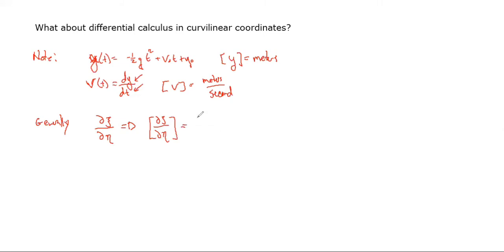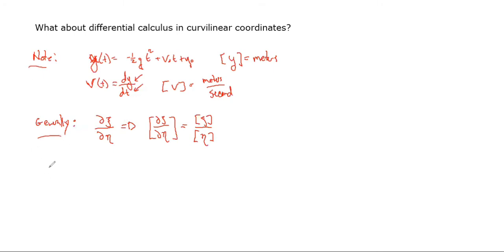They'd be the units of psi over units of nu. Exactly. So they'd be the psi units divided by the nu units, right? So this is a property of derivatives. So what I can't do is this, and you know it by just looking at the